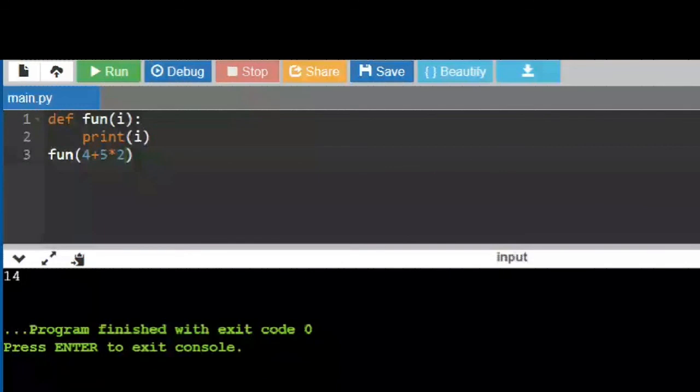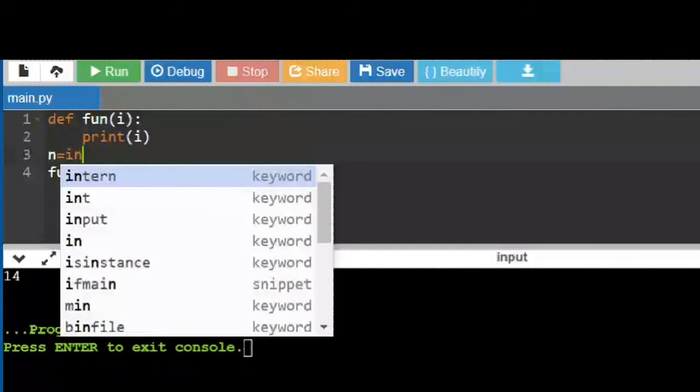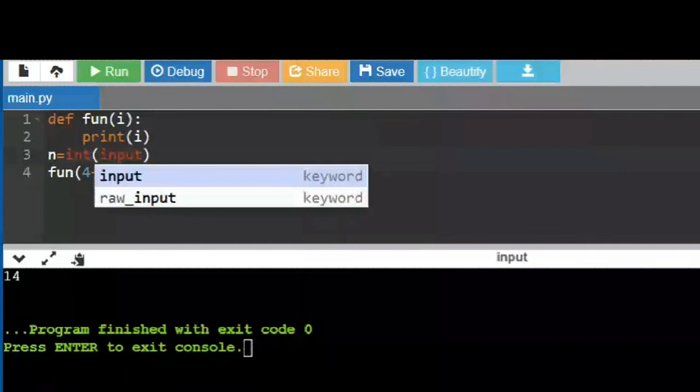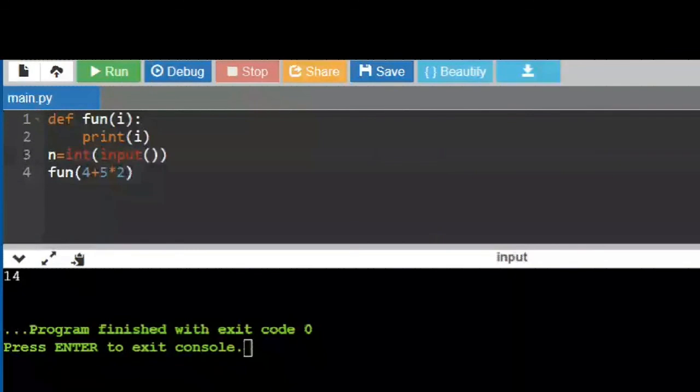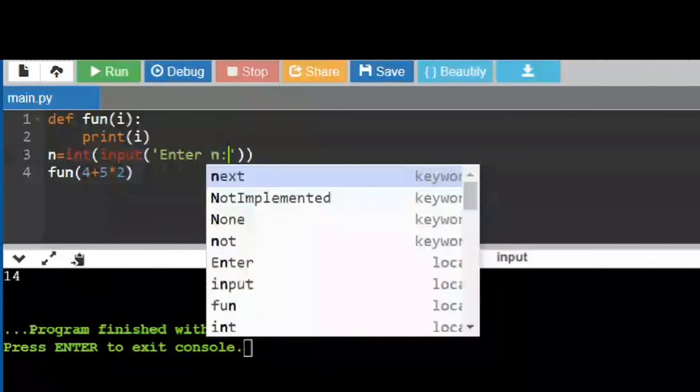Right. So I can also have a loop inside my function. I'm taking in the value of n. I'm asking the user to enter n, which is an integer. After the user enters n, I'm passing this n into the function.